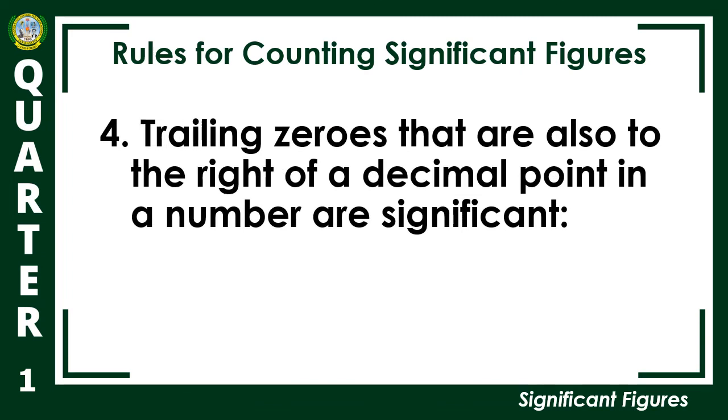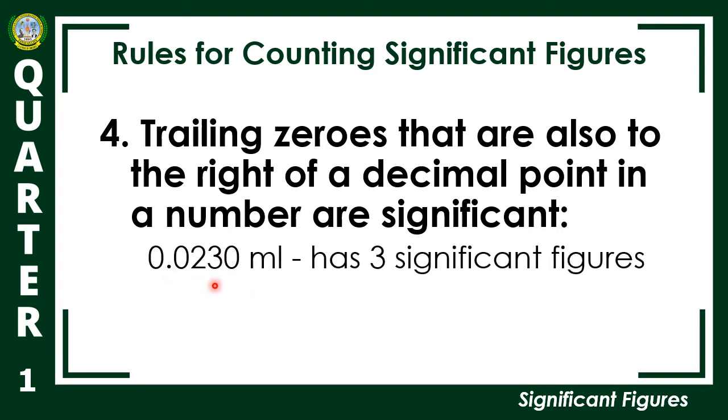Rule number 4. So, yung trailing zeros naman po, yung mga nasa dulo ng number. Okay? Trailing zeros that are also to the right of the decimal point in a number are significant. Okay? So, kapag po nasa kanan ng decimal point yung trailing zeros o yung zeros sa dulo, kasama po siya sa bibilangin natin na significant. Examples,